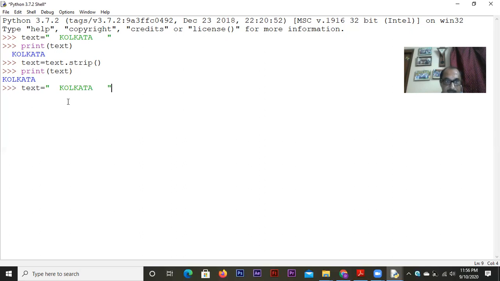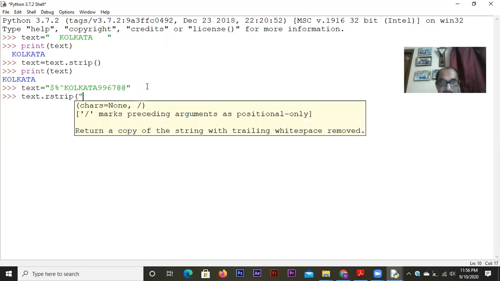Now I will just do a small experiment with you. For example, I wrote here dollar, percentage, caret, three symbols, and here I wrote 9967 and at the rate. Now, if you mention some characters, for example, you write text dot rstrip, I'm talking about elimination of unnecessary characters from the right side of the string.